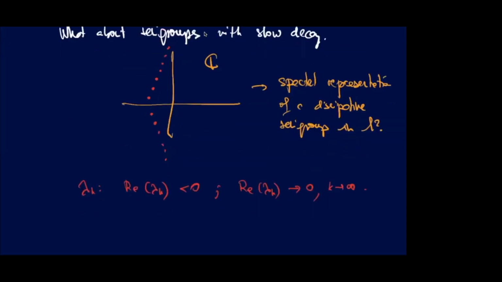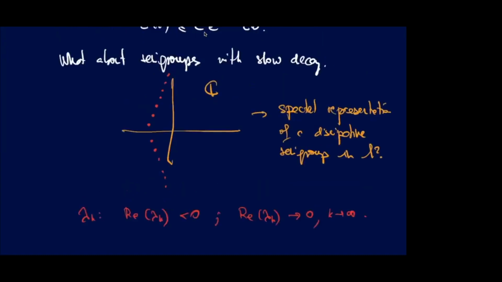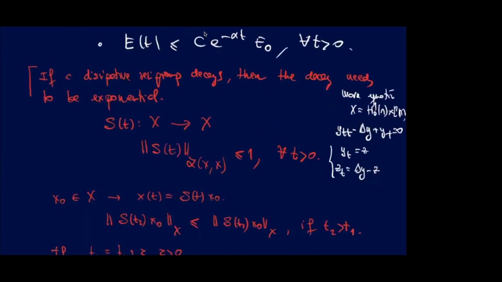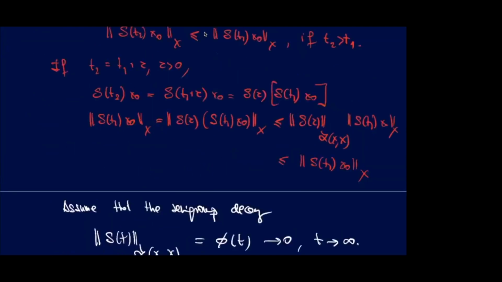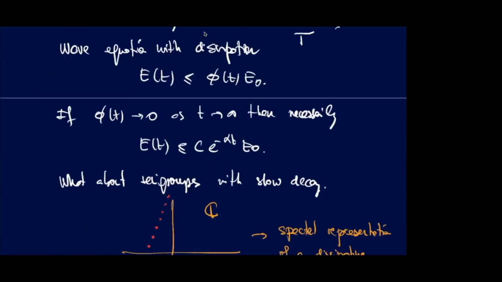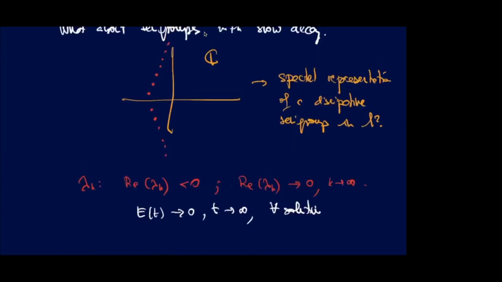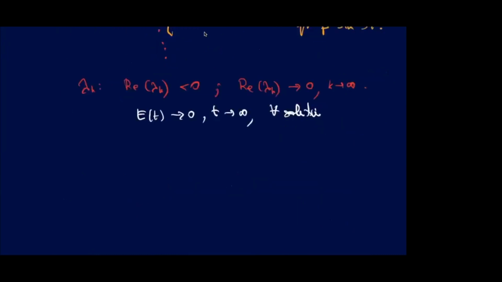And then in that case, I claim, well, listen, there is something I don't understand in this statement, because in this example, it looks like, of course, the energy will go down to 0 as t goes to infinity for every solution, right? Because all the eigenvalues are negative, so all the components are eventually dissipated, but